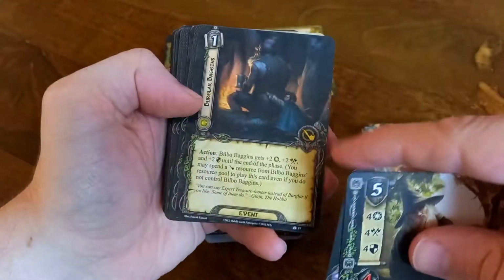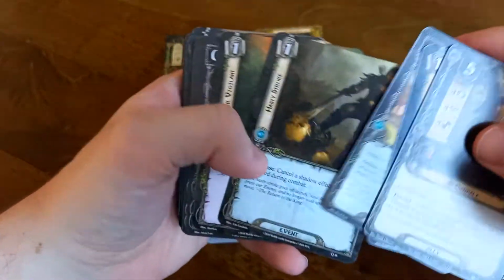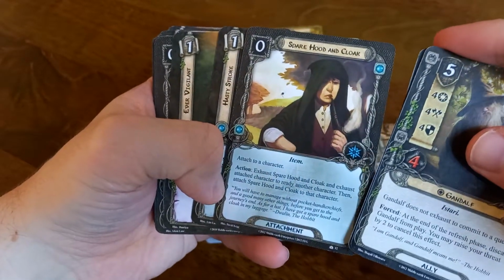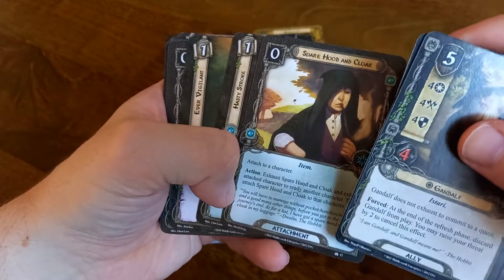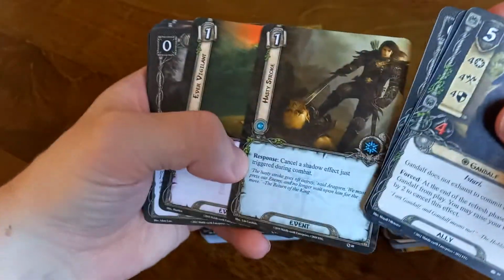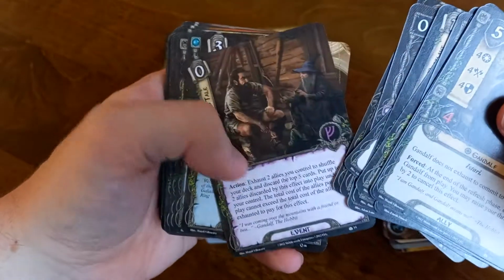Cram was very good. Burglar Baggins was also good at the right time, trying to get the right questing in. I'm not sure about Spare Hood and Cloak. I think it could be good. I'm just not sure that it was as important as it could have been at that particular point. Obviously, things like Hasty Stroke and stuff are very good for cancelling the...